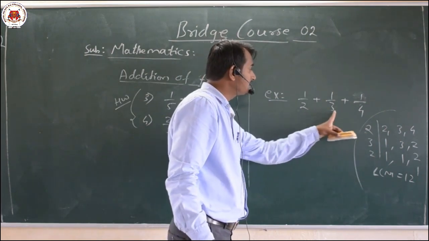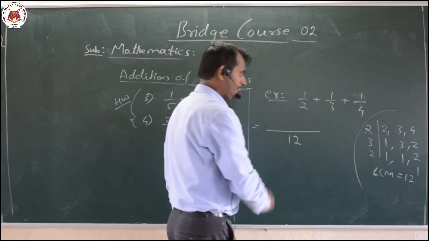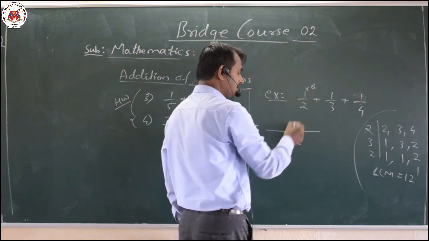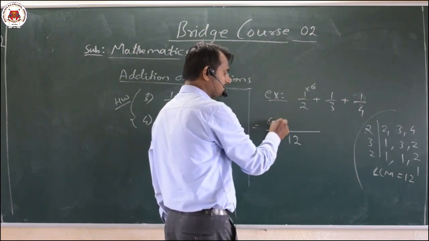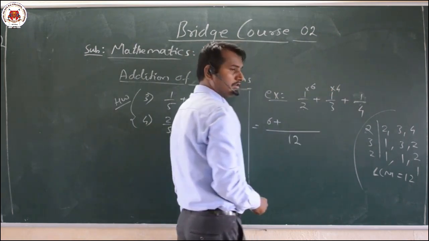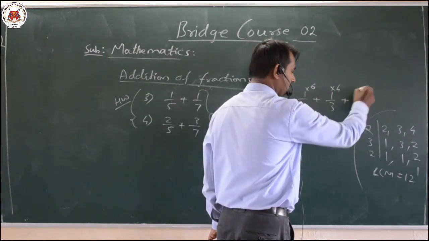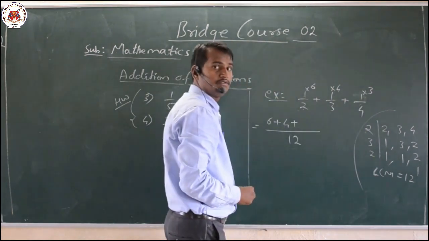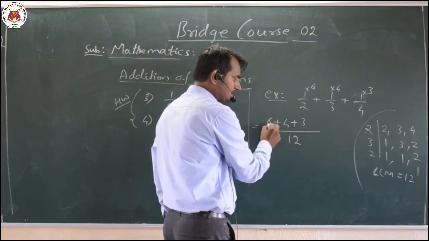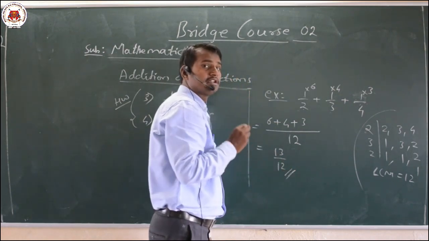So what I did here is find the LCM of these three denominators. Now the next part, the LCM will be 12. Now 2 into what value is equal to 12? 2 into 6 equals 12. So 1 into 6, what is the value? 6 plus. Then 3 into what value equals 12? 3 into 4. Okay, 4 ones are 4 here. Next plus 1. 4 into what value equals 12 here? 4 into 3 equals 12. 1 into 3, that is 3 only. Now I will add these, that is 6 plus 4 plus 3, that is nothing but 13 divided by 12. That is your required result.